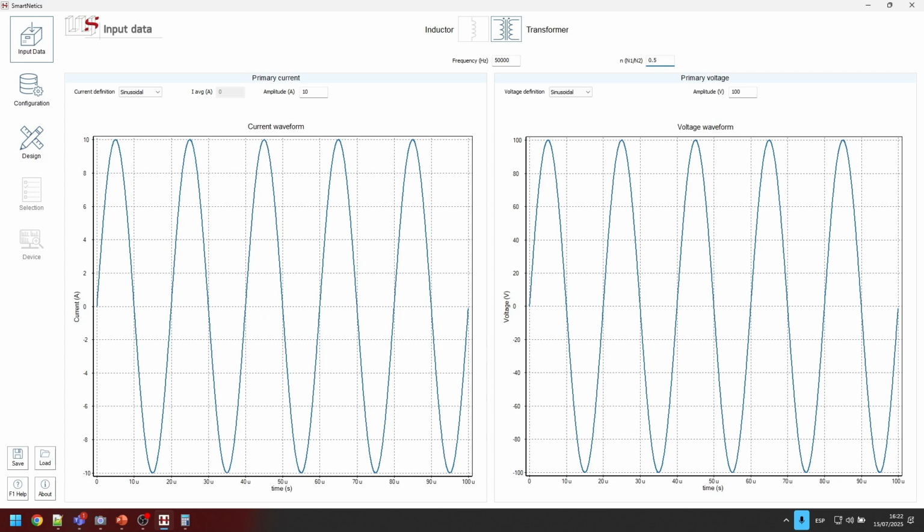Okay, this is the minimum amount of data we need, because it's compulsory to input the turn ratio if you want to design a resonant converter. Okay, but with very easy measurements, we can get some more information that is going to be useful in the next step. So what I'm going to do now is, instead of measuring the turn ratio, measure the DC resistance.